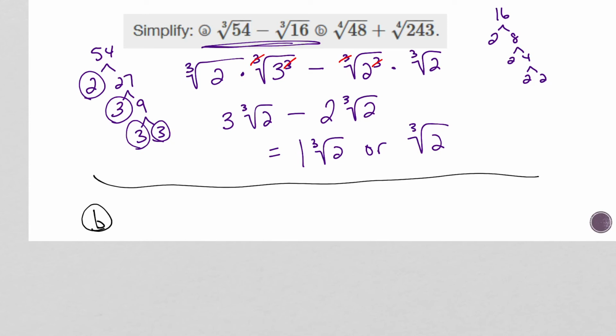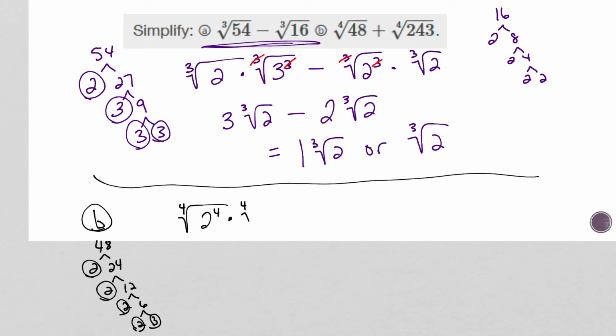Okay, so again, I want to turn this into something that hopefully matches, because as it is right now, I can't add these together. Okay, so I'm going to do a factor tree for 48: 2 and 24, 2 and 12, 2 and 6, 2 and 3. All right, so here we have the fourth root of 2 to the fourth power times the fourth root of 3